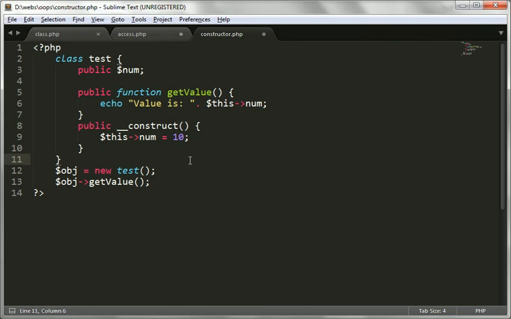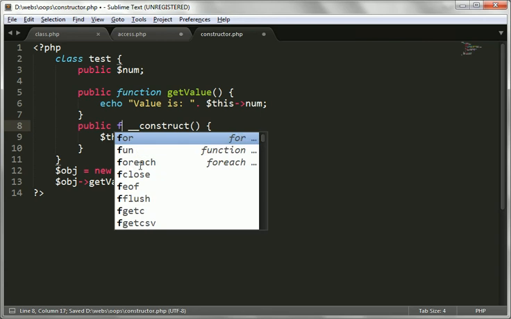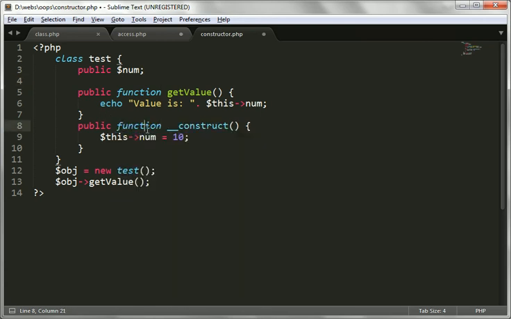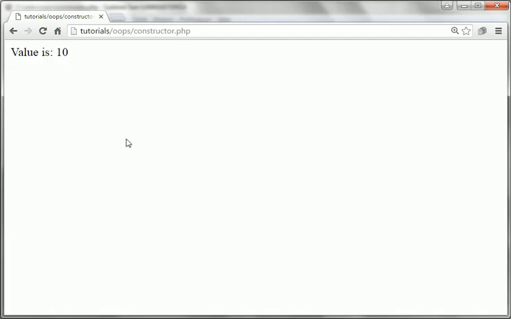Oh sorry, we have to use the function keyword: public function. It's a function, sorry for that. Just refresh. What you are getting: value is 10.